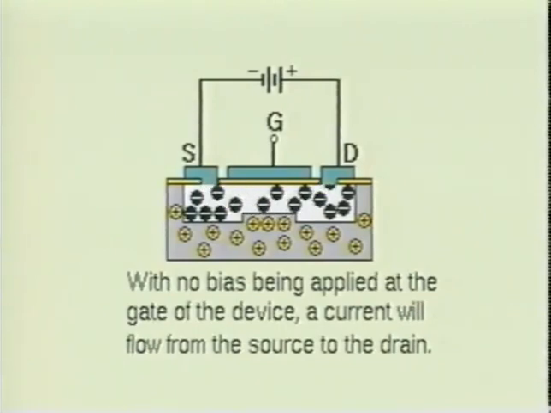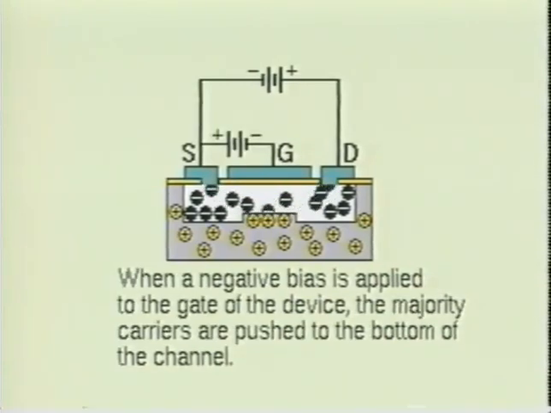If the drain is made positive with respect to the source and no bias is applied to the gate, a current will flow through the channel. Now, suppose we make the gate negative with respect to the P material. We see that the positive charge carriers will be induced into the lightly doped channel that was placed between the source and drain. These positive charge carriers will absorb the negative charge carriers in the N channel and cause the channel's resistance to increase. You may also have noticed that the charge carriers were pushed toward the bottom of the